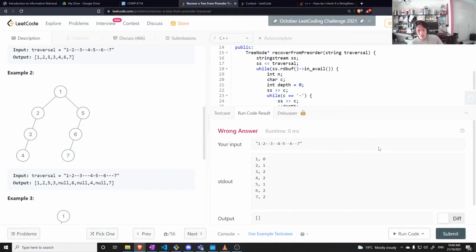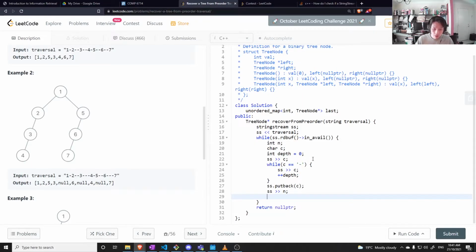So, yeah. That's correct. So for 1, you have 0. For 2, you have 1. 3 is depth 2. 4 is depth 2. 5 is depth 1. 6 is depth 2. 7 is depth 2. Okay. Now all I have to do is put it in the map when I see it